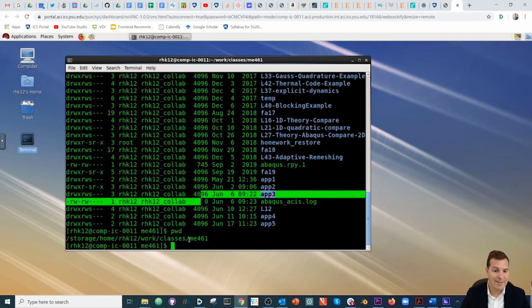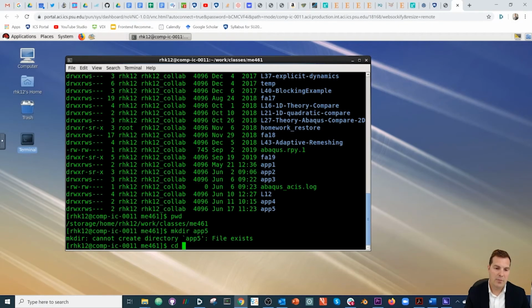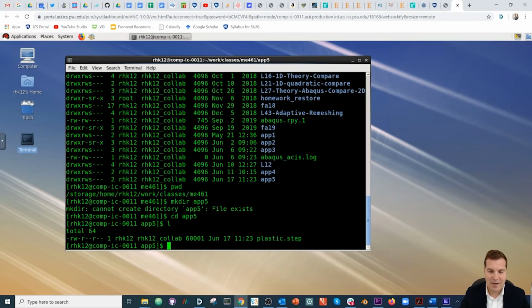So I'm in work classes ME461, and then I made a directory, mkdir app5, and then I'm going to go into app5 and I've uploaded the plastic.step file, and we also need the environment variable, which I'm actually going to copy. You can download it and go through that same process, but I'm also going to copy this. So this says copy one directory back. So this goes into the 461 directory, and then I'm going to go into the app4,